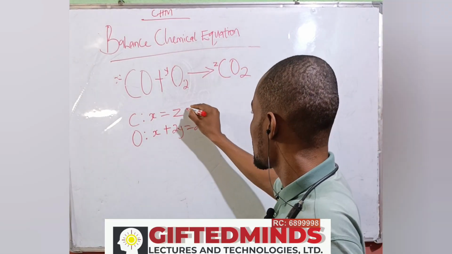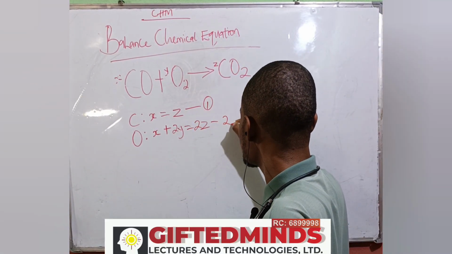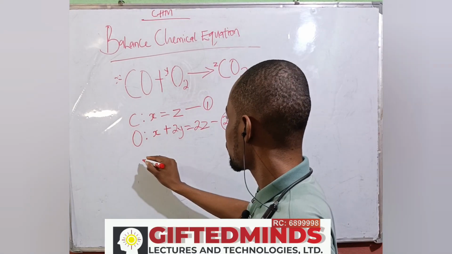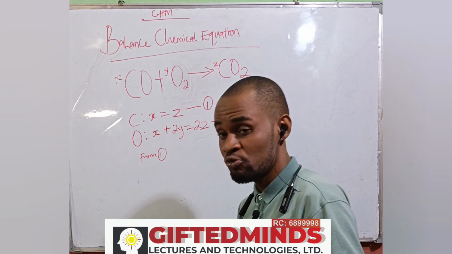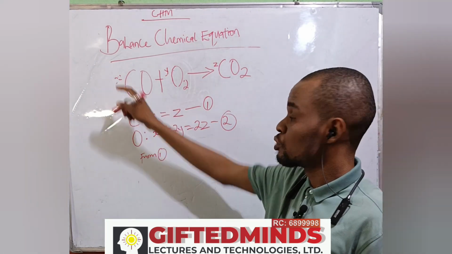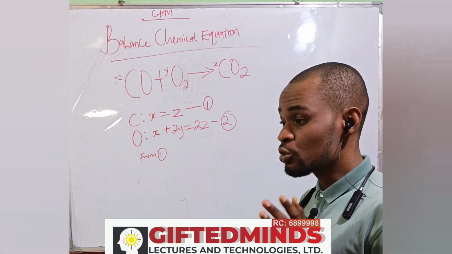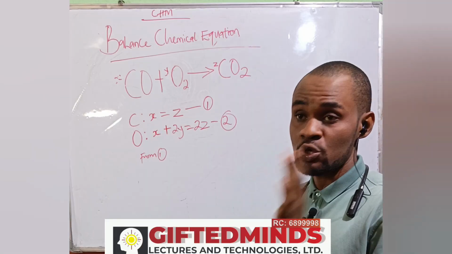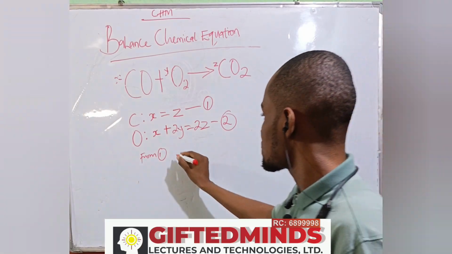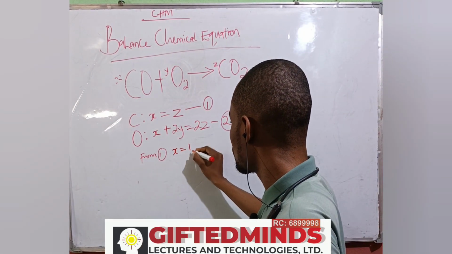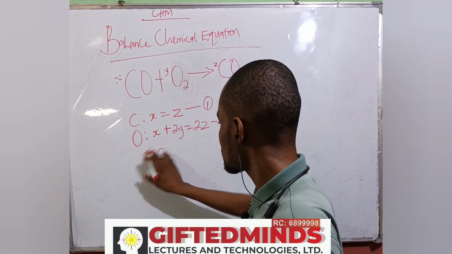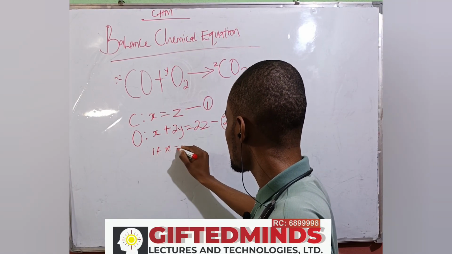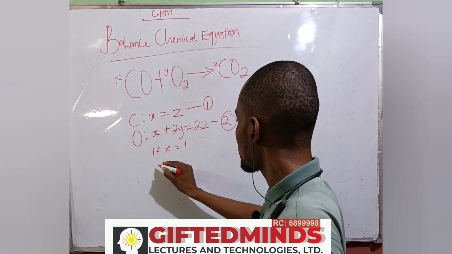Now, if that is the case, I will call this equation 1, call this equation 2. Now, from equation 1, one thing I will do for you is make my first unknown equal to 1. This method works for almost 100% of all the equations, but not all. Now, if I make X equal to 1, my first unknown, then from equation 1, if X is equal to 1,